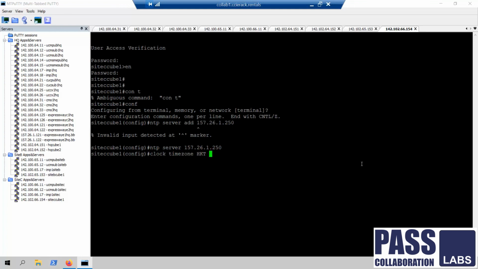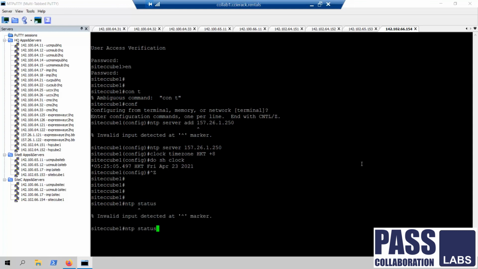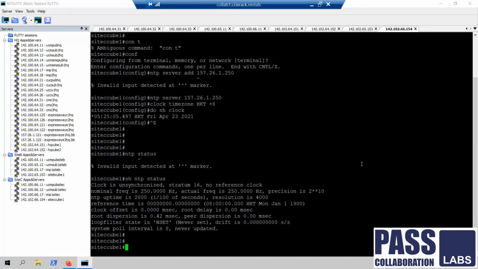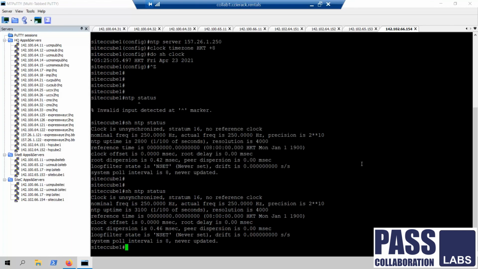This is HKT +8. Clock looks good. Let's check the NTP status. Not synced yet.